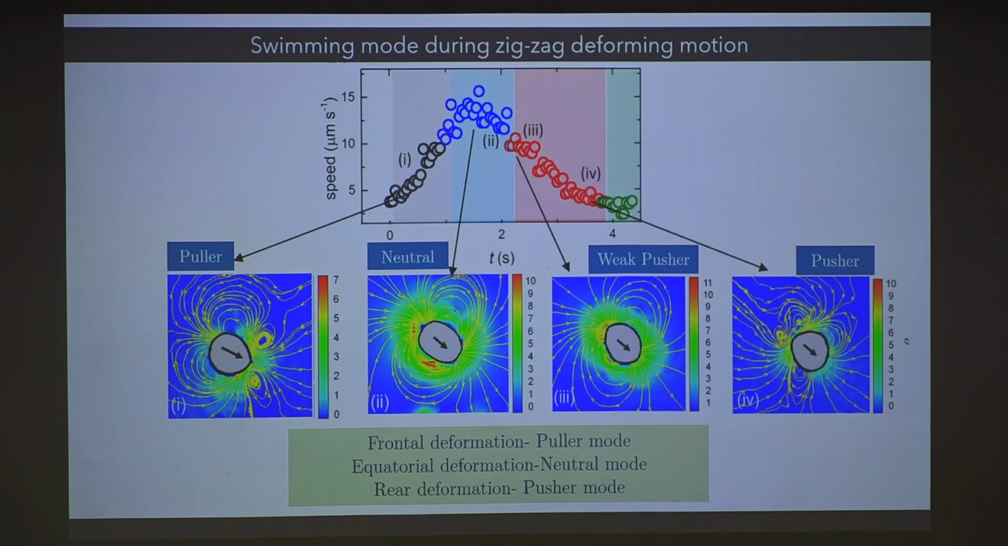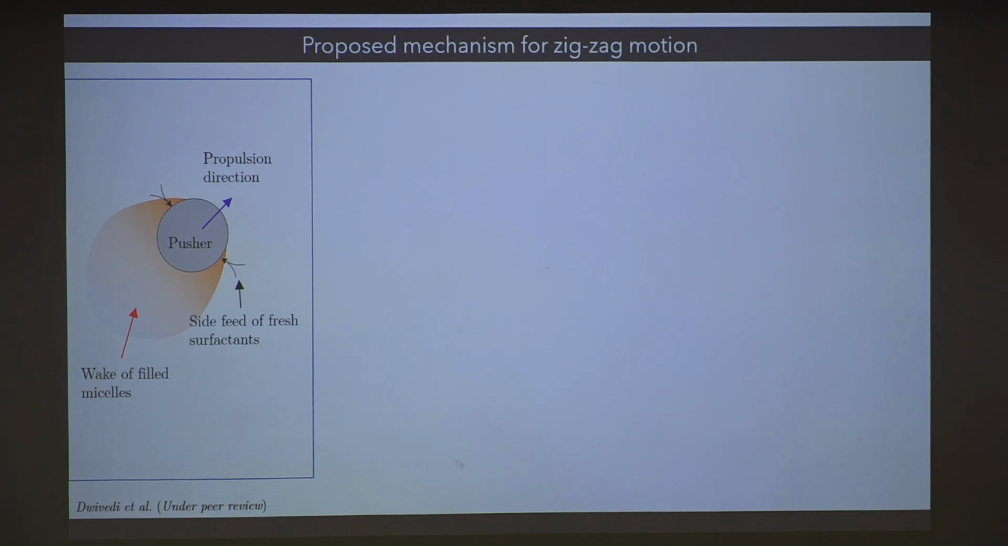For this we do have some understanding, but that is again in the preliminary stage. It's not concrete yet, so I'm not going to discuss it. But as far as the zigzag motion is concerned, which was very peculiar in nature, we do believe there is an explanation for that. So when the droplet